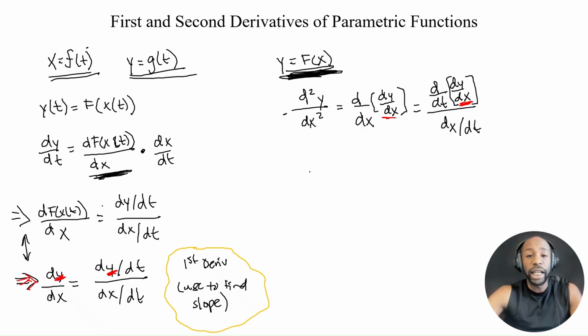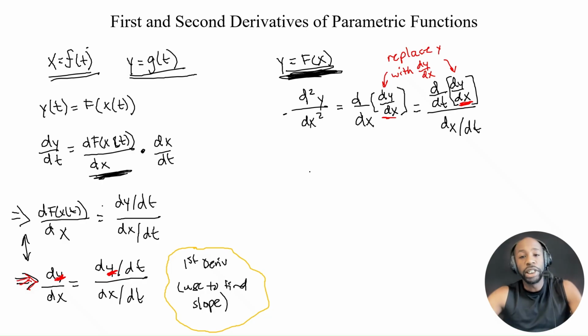Then when you take the second derivative, d dx of dy dx is equal to d dt of dy dx over dx dt. All we had to do in both of these instances was replace y with dy dx. So it's equal to d dt of dy dx over dx dt. And so this is the second derivative,